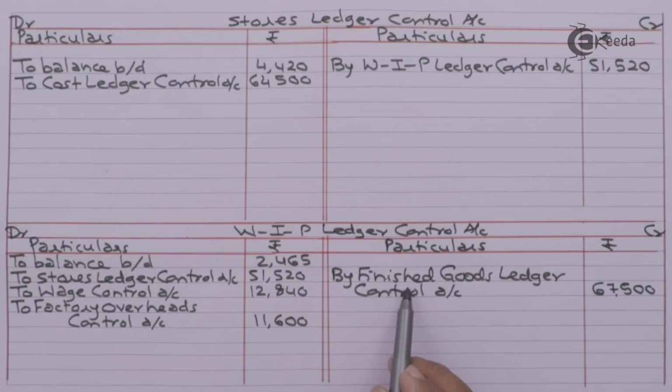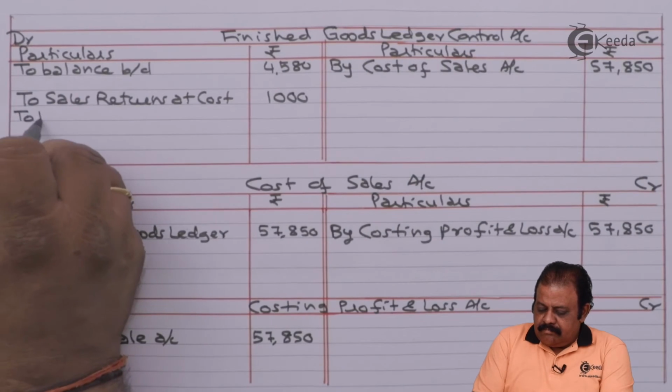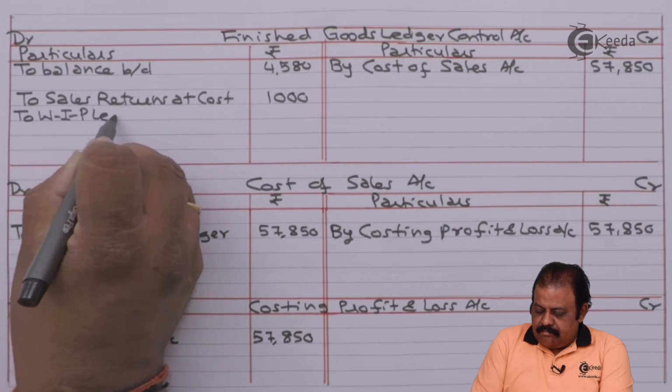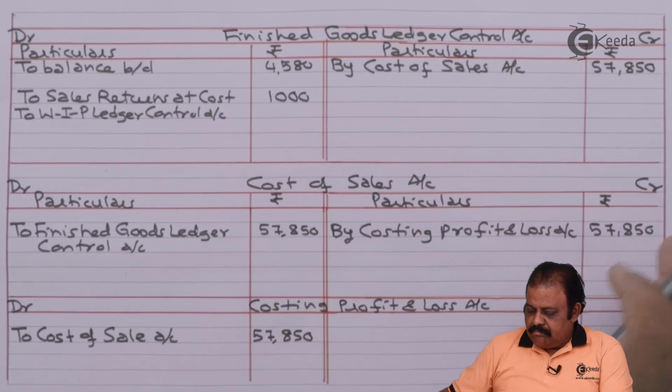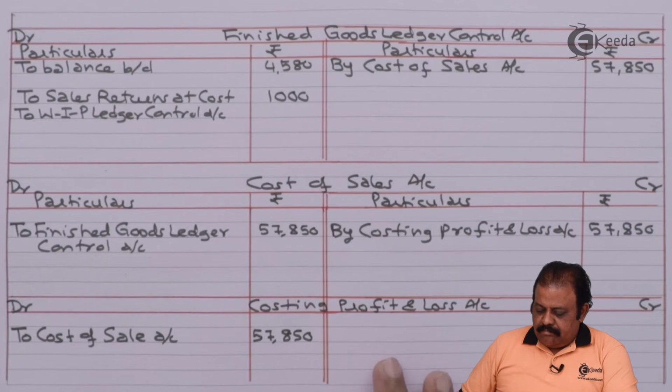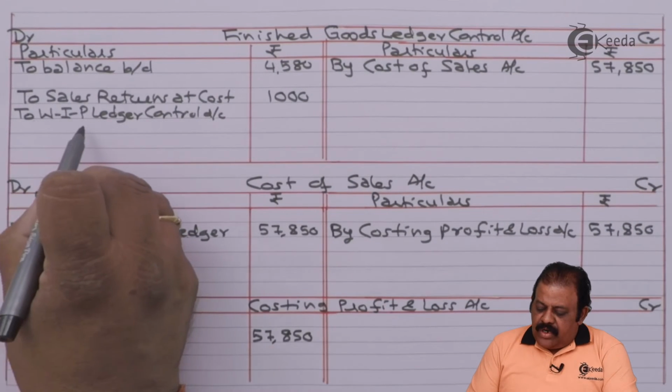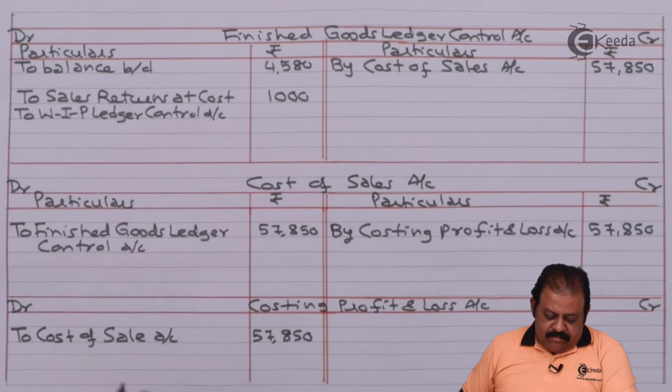This will be then debited to finished goods ledger control account. To work in progress ledger control account,